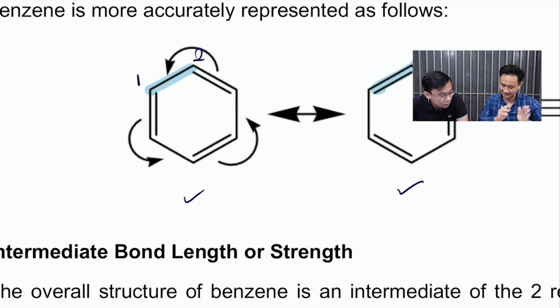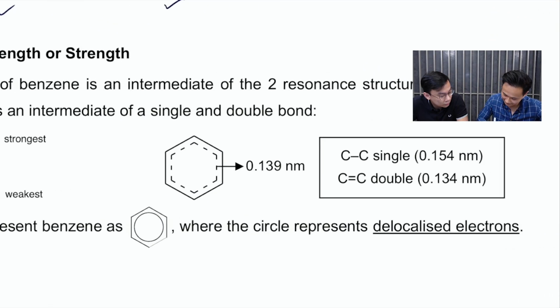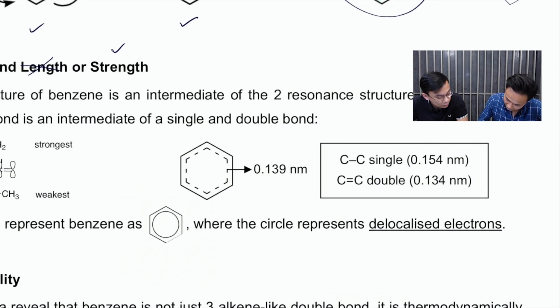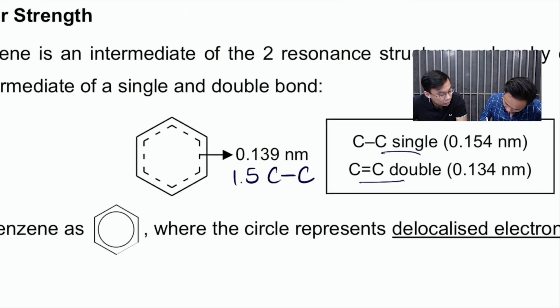Now, what is in between a single and a double bond? A so-called 1.5 bond? Yes, right? Single and double, 1.5 bond. Now, here's the thing. Because the bond is 1.5, before I talk about bond length, I'm going to talk about strength first, okay? Like what Yap Chen said, it is not a single bond, neither is it a double bond. We say that the bonds in benzene are actually 1.5 C-C bonds. And how do we draw that? We draw it like this. Dot, dot, dot, dot, dot. So this is 1, and this is 0.5. Oops, sorry guys. 1, and that's 0.5.